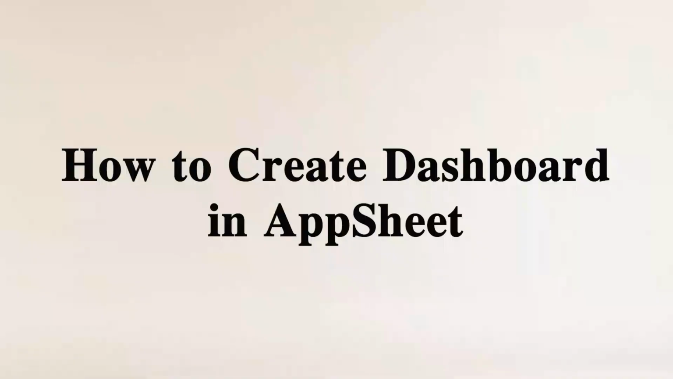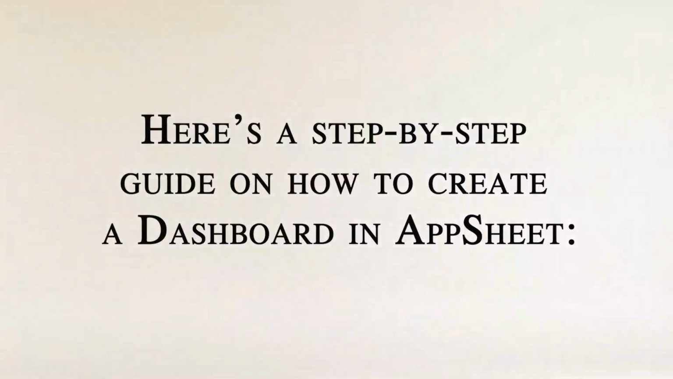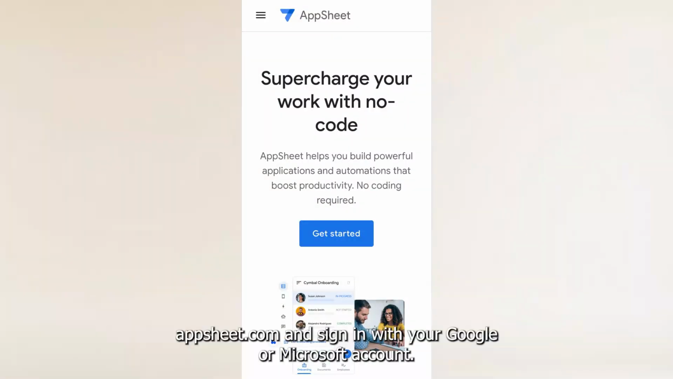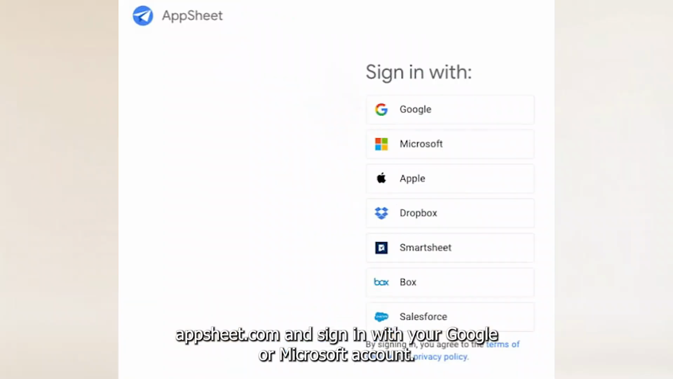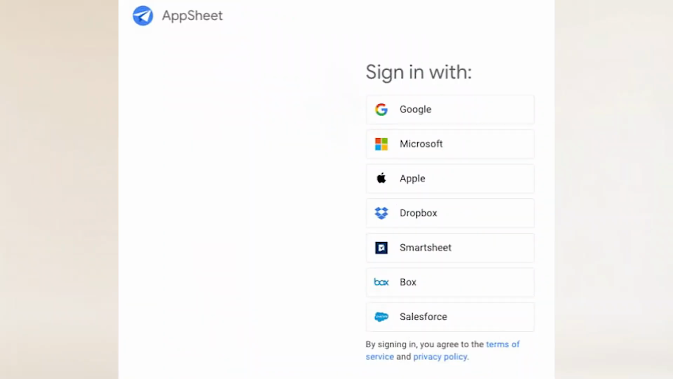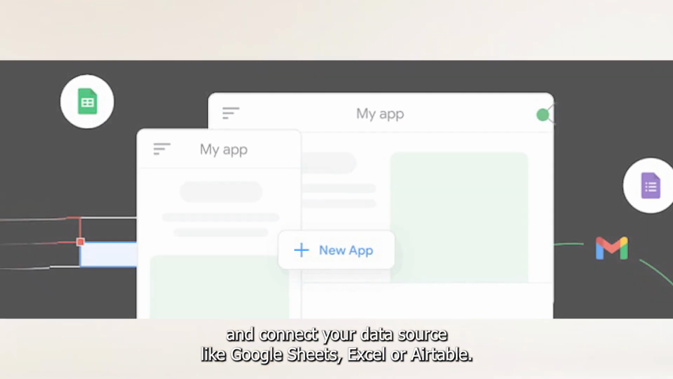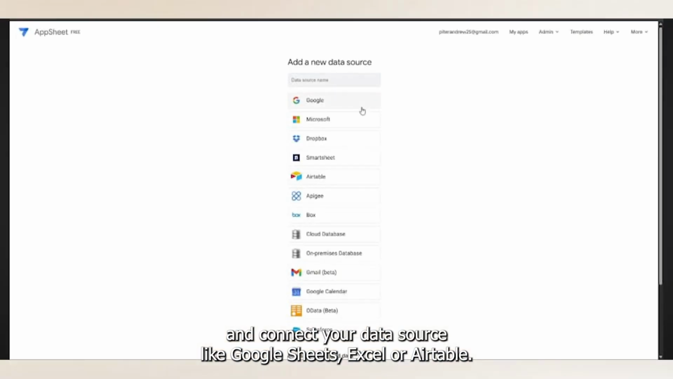How to create dashboard in AppSheet. Here's a step-by-step guide on how to create a dashboard in AppSheet. Go to www.appsheet.com and sign in with your Google or Microsoft account. Select an existing app or click Make a new app and connect your data source like Google Sheets, Excel, or